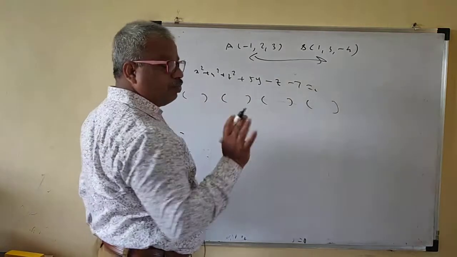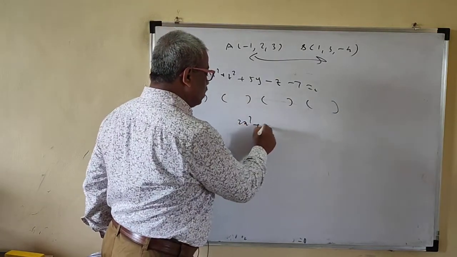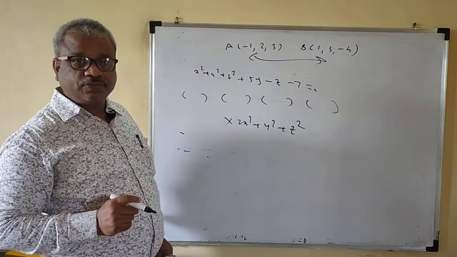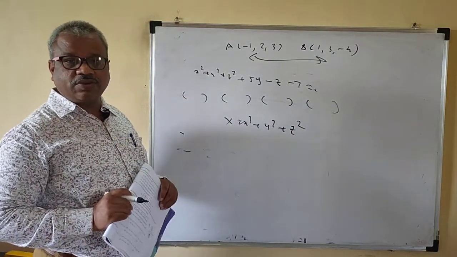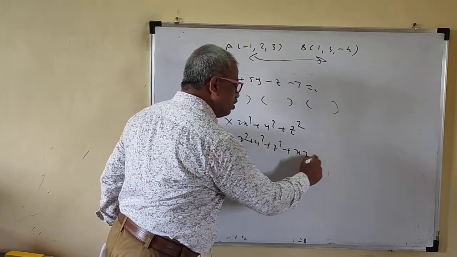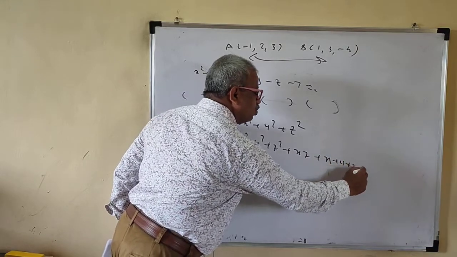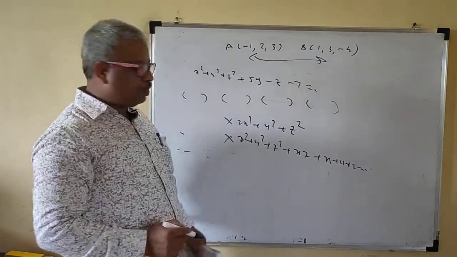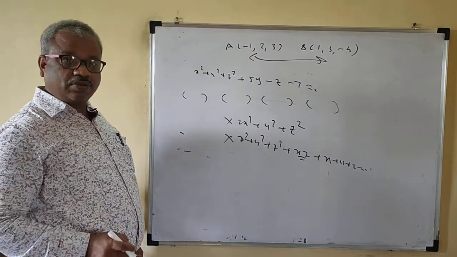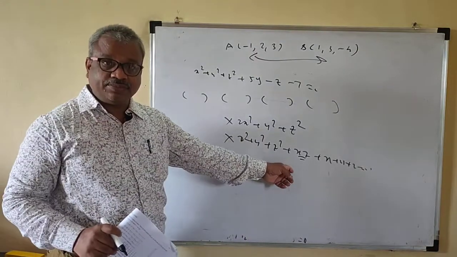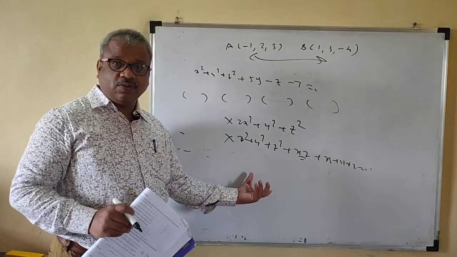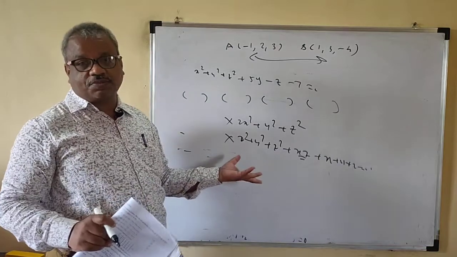Now suppose the equation given is something like this. This is not the equation of a sphere, note that, because the coefficients of x square and y square are not the same. Suppose this is x square plus y square plus z square plus xz plus some x plus y plus z is equal to 0. Note that this is also not an equation of a sphere because there is a product term. Such types may be there. That means in the options there may be only one sphere, and that will be your correct option.